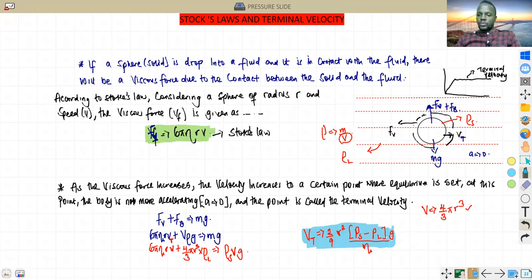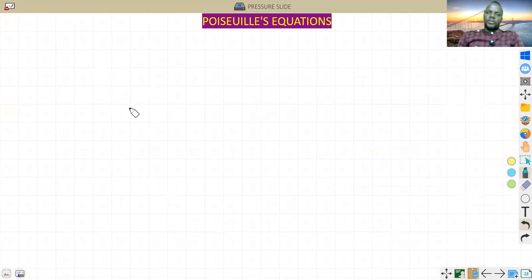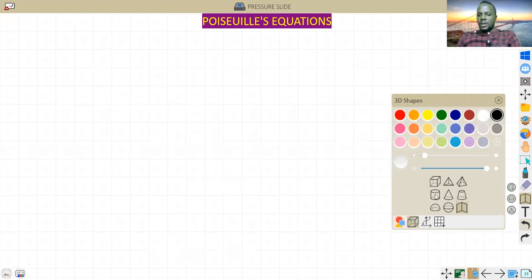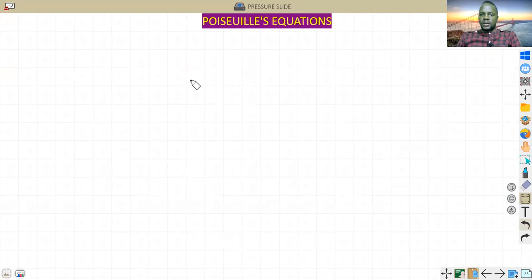In continuation to what we have. Oh, fine. Now the next one is the Poiseuille equation. About the Poiseuille equation, now I think we can understand the concept we have been talking about since morning, and that is the concept of viscosity. Now about viscosity, we said the coefficient of viscosity is measured in Poiseuille. Now Poiseuille has a particular equation which we can also consider very quickly. And to do that, because of time, like I said, I have to up my pace. Now, because of time, directly we can say, according to the Poiseuille equation,